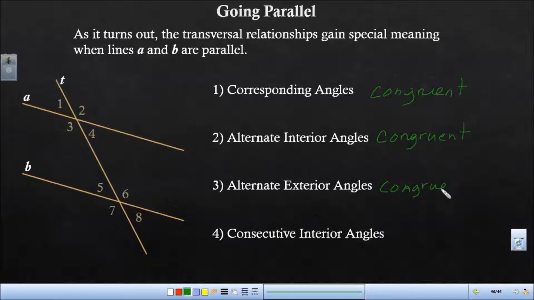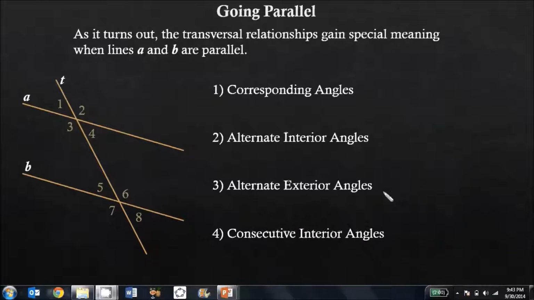And consecutive interior angles are supplementary. That's an N, I swear it. Alright, so these are the base rules for each of them, and the theorems themselves are on this page, complete